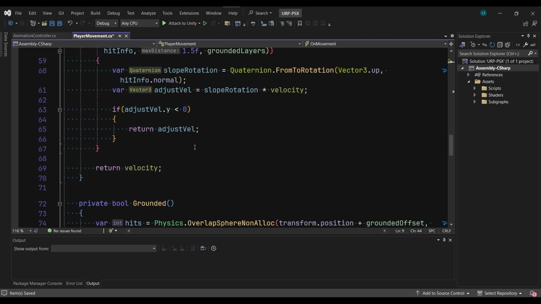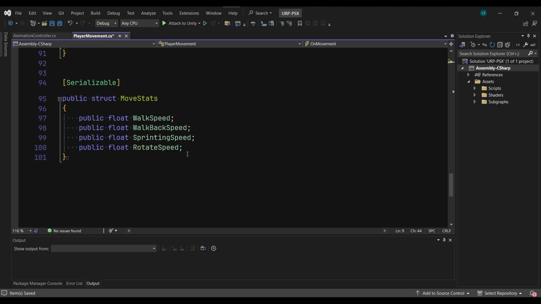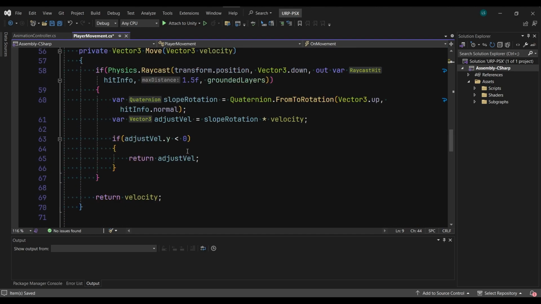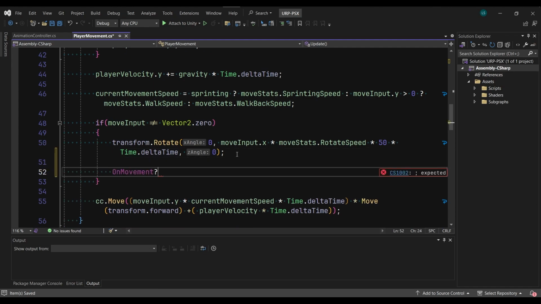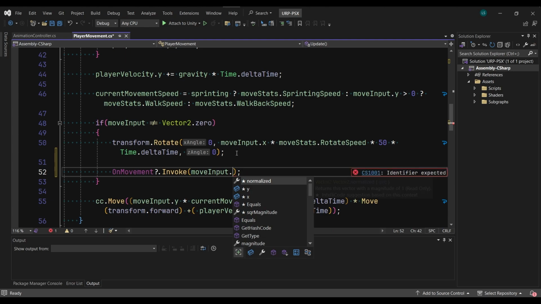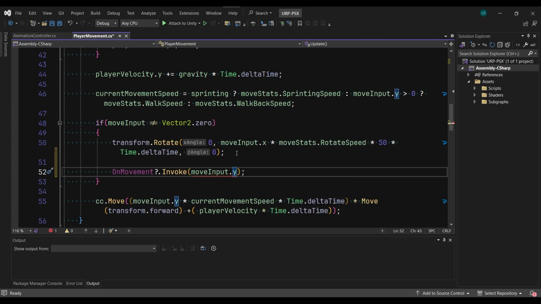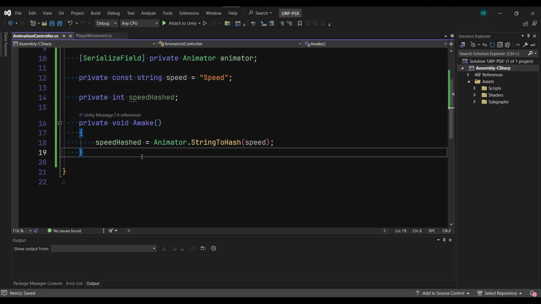And we can actually put it inside of here. Oh, we just passed the whole struct here. Alright, so for moving, then we'll pass in our move input values, which we'll then listen to in an event